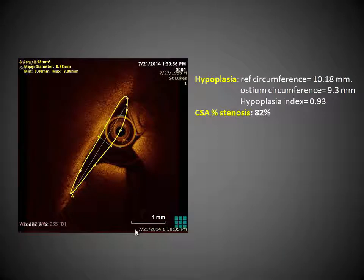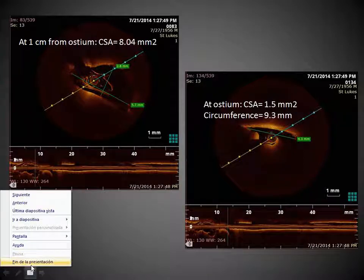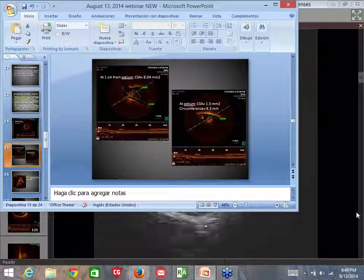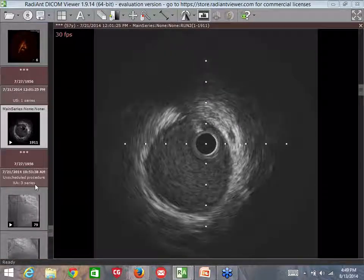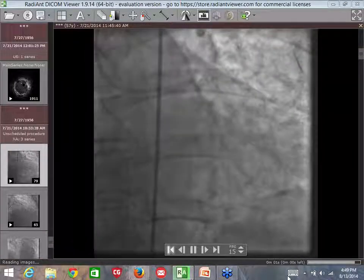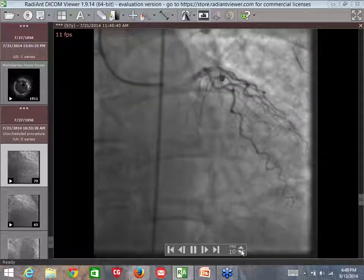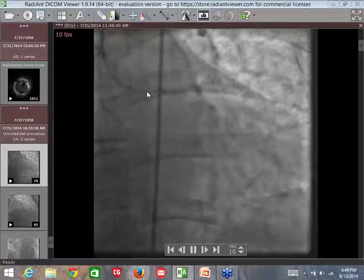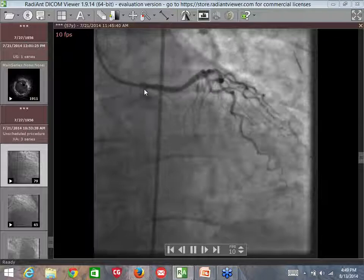Let's go back to that picture in angiography. I'll tell you where I got the impression that this could have been a case that I've been looking for some time, but I never found before. This is the first time I describe it with OCT. And you see pretty well the relationship between the aortic root,